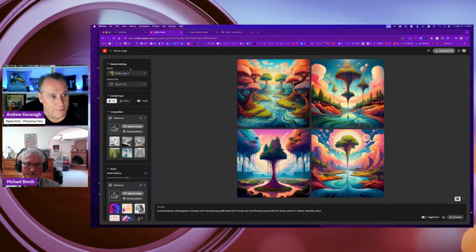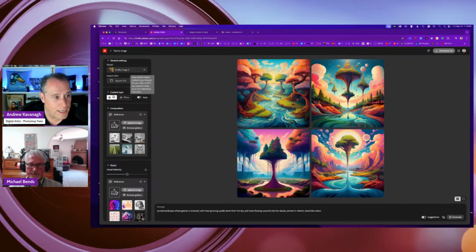Once you go to the top left, you have an option between the Firefly Image 3 model or the previous one. I tend to stay with the Firefly Image 3 model because it has a bit more detail, and it's been updated and revised. It's kind of the best model out there now. And then, as I was talking about before, in terms of aspect ratio, once you click the down arrow, you have the options of landscape, portrait, square, which is where I am now, or widescreen. So if I need to make, say, a YouTube cover banner for this live event, I could choose widescreen.